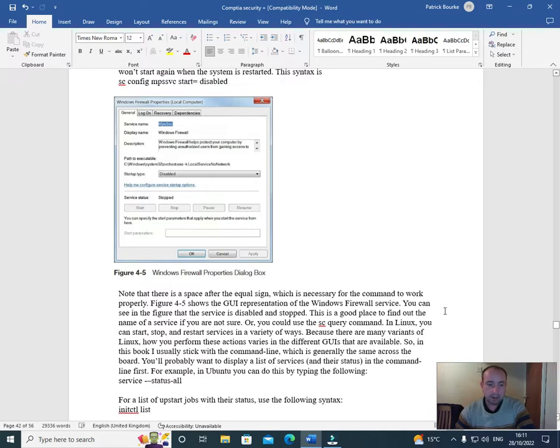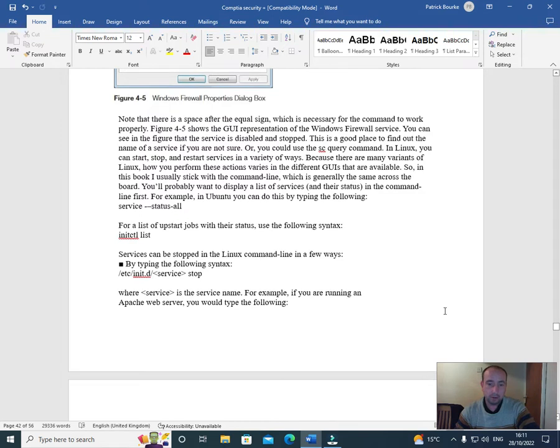You can start, stop and restart services in a variety of ways. Because there are many variants of Linux, how you perform these actions varies in the different GUIs that are available. So in this book I usually stick with the command line, which is generally the same across the board. You will probably want to display a list of services and their status in the command line first. For example, in Ubuntu you can do this by typing the following: service --status-all. For a list of upstart jobs with their status, use the following syntax: